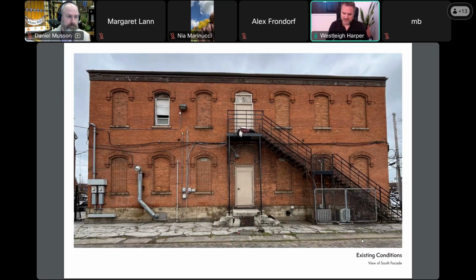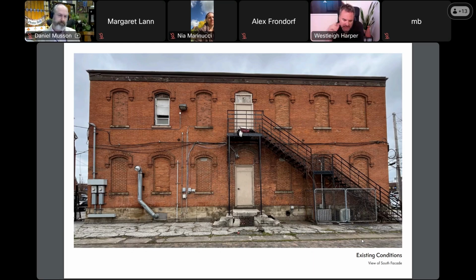Here we have a very interesting facade facing Keene Court to the south of the building. For whatever reason, this facade has the most ornate detailing of any of the facades, with a partially arched set of windows on the first and second floors, the existing fire escape, which was likely added at a later date, and then a central doorway here that is accessed from an old brick and concrete stairway.